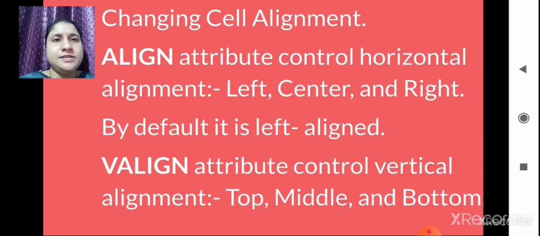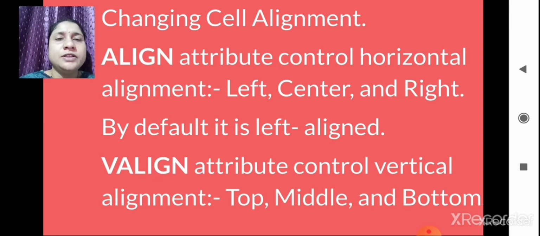So the next is changing cell alignment. The alignment of data within a table cell can be controlled by using the align and valign attributes.